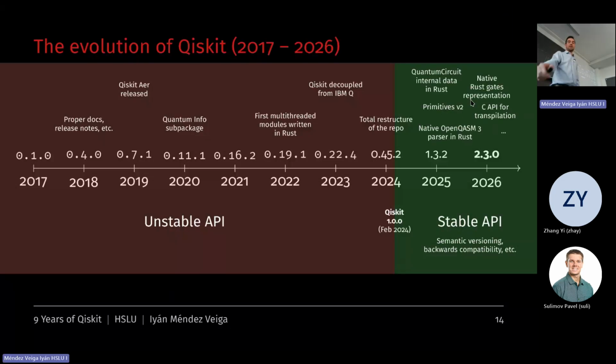And yeah, I think in the last 2 years, the development of Qiskit has increased quite a lot. I mentioned here a few things, for example, the quantum circuit internal data is now written in Rust. This is relevant, I will mention this later, because before you could iterate over this data and modify it in Python. Now, if you try to do that, nothing happens because you are just modifying a copy that does not affect